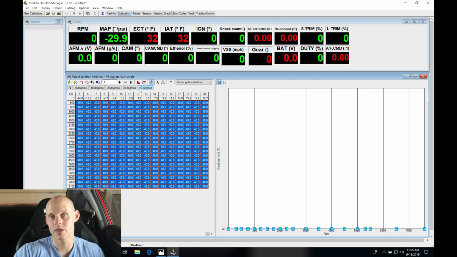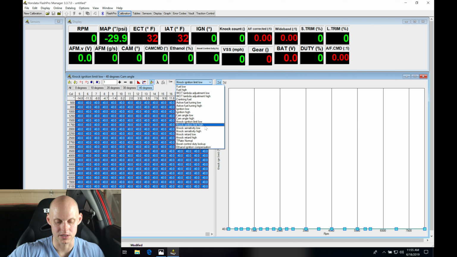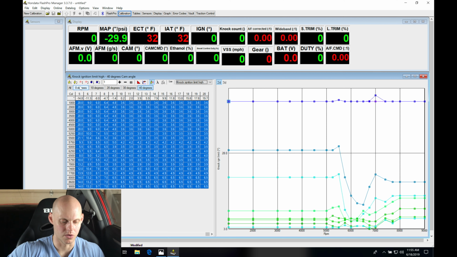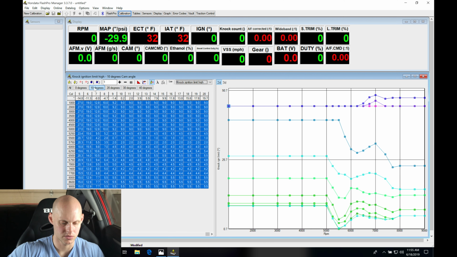Now, if you're unfamiliar with what I'm doing right now and why I'm doing this, there is an excellent video I have in the course library, in the Flashpro course library, about knock control and why we want to set our calibration up like this. It's going to be essentially getting rid of any kind of knock retard, focusing on knock count, and we can use that to guide us in our tuning process. But we need to get rid of the stock knock logic, and that's what I'm doing right now. I'm bypassing it. So same thing here. I'm going to go through all the tables and set them all at 40. Just go ahead here,